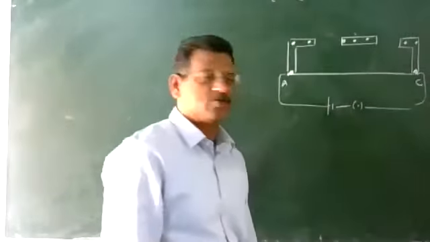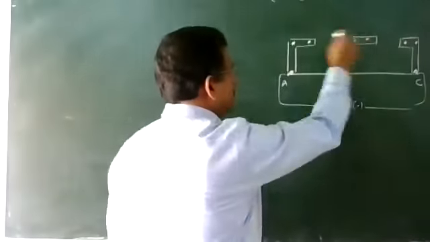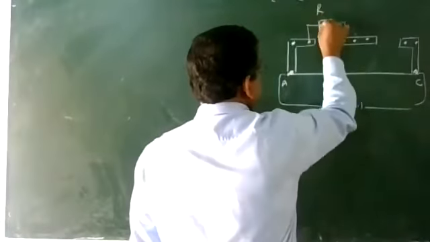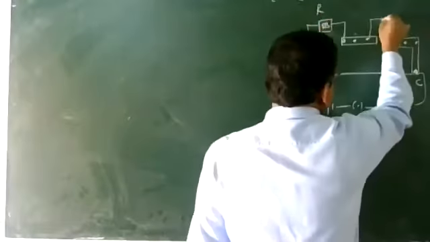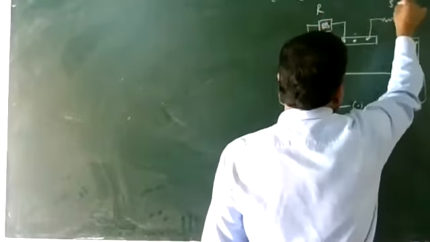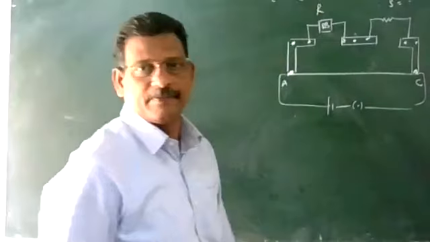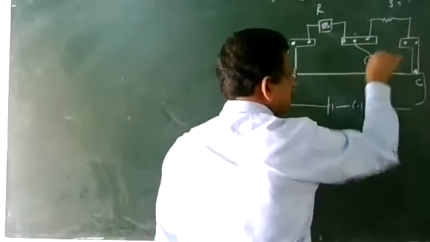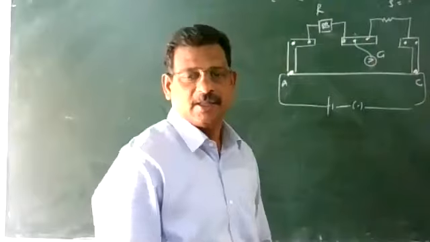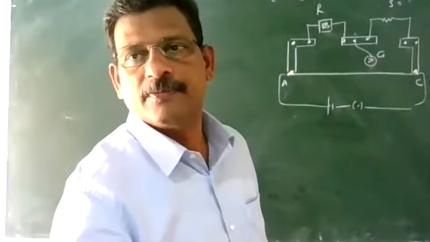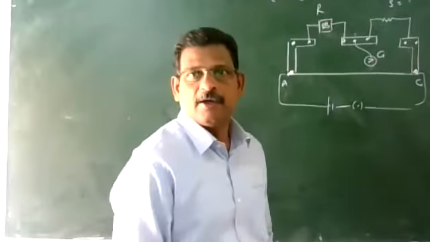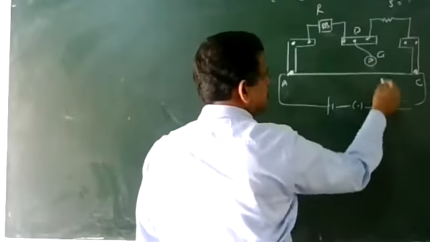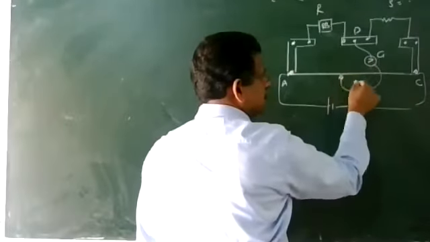This is the case of Wheatstone bridge. And between this gap a resistance box is connected. Usually we connect the unknown resistance in the right gap. And there is a galvanometer connected, remember, between B and D in the case of Wheatstone bridge. So this one I am marking as B, and this is a sliding contact.